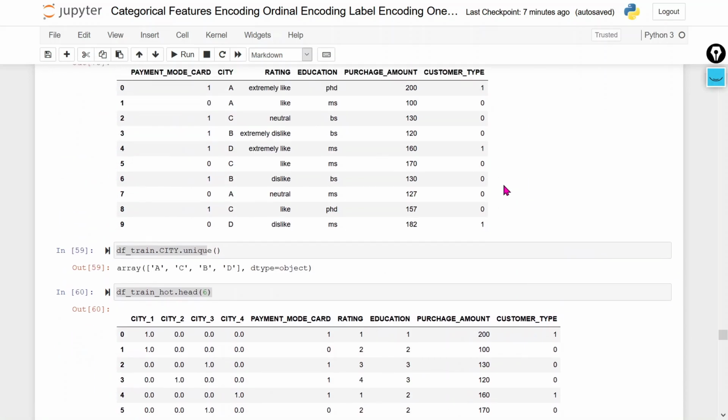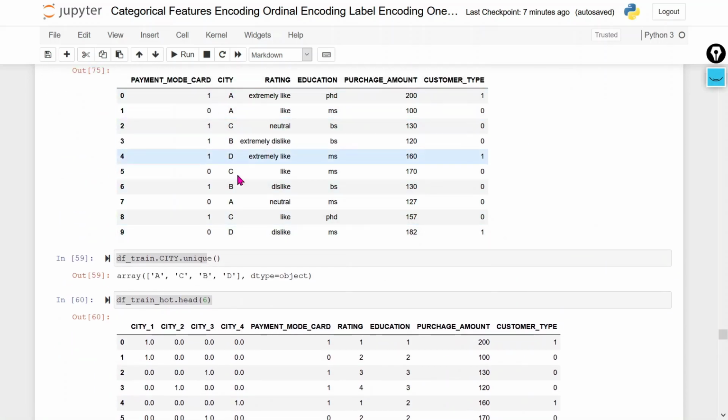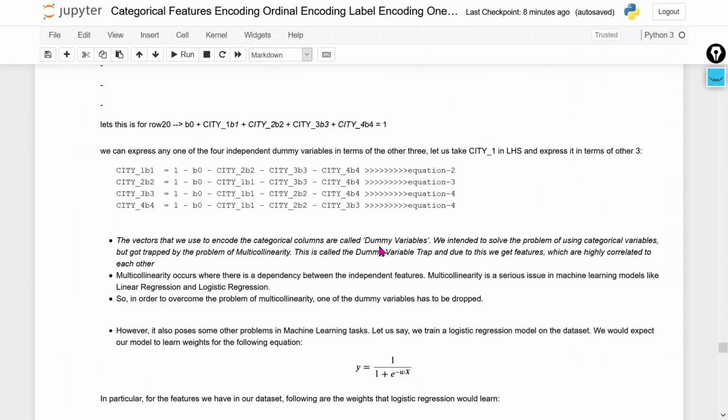While converting the categorical feature with one-hot encoding to solve the problem of the categorical variable, because we cannot use a categorical variable to train our machine learning model, we use one-hot encoding. But what happened? We got trapped by multicollinearity. That is called the dummy variable trap.